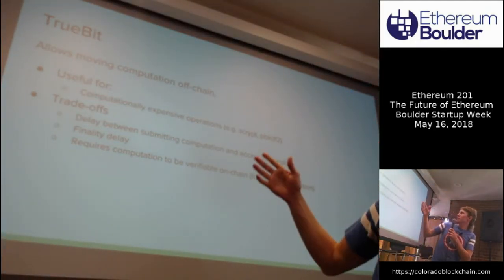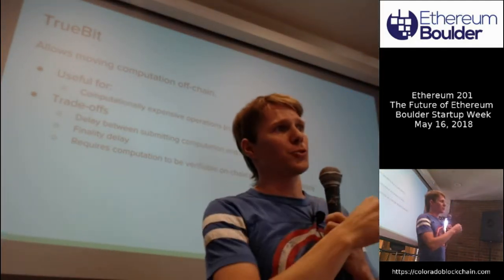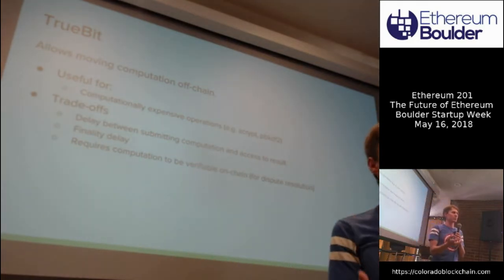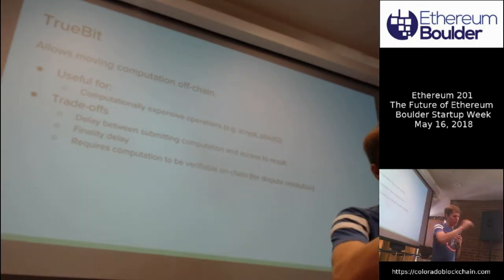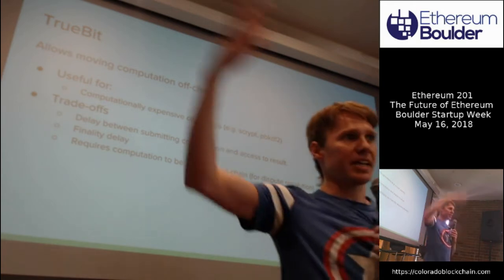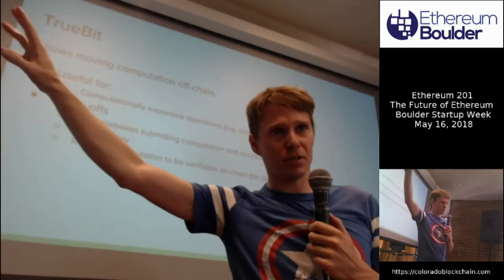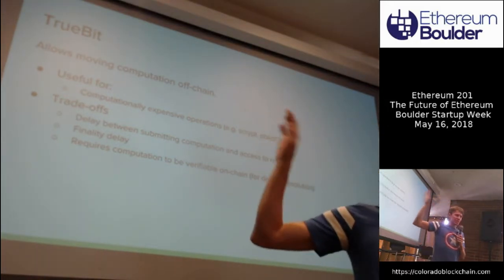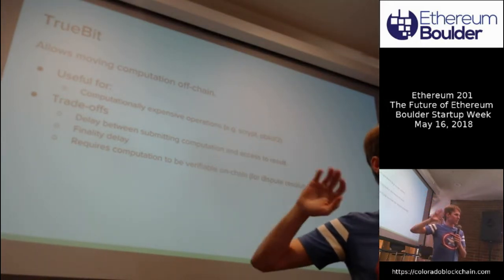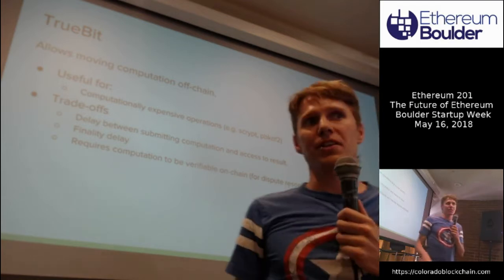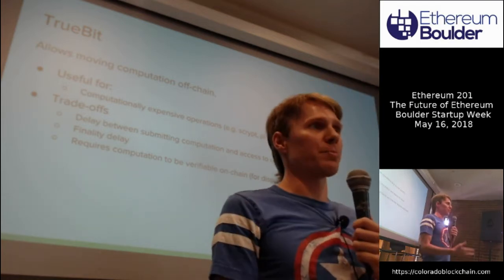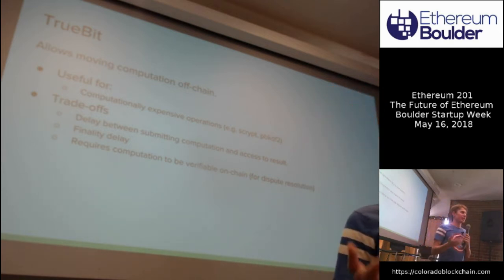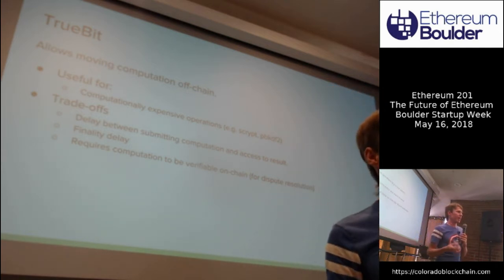Okay, so TrueBit is a scaling solution that allows you to move computation off of the chain. So something that's way too expensive to actually compute on the blockchain, we essentially delegate it to somebody outside the blockchain, let them do the computation, and submit the result. I'm not going to explain exactly how all of these work. It's worth digging in, but the general idea is that there are things that we probably will never be actually computing on the blockchain. But that doesn't mean that we can't give applications on the blockchain access to them.